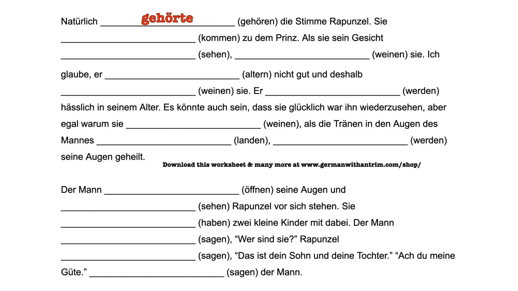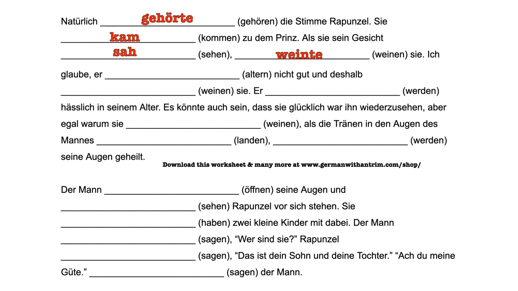Sie, in a form of kommen, which we already used earlier in this thing too, kam. Sie kam zu dem Prinz. She came to the prince. Als sie sein Gesicht, and a form of sehen. Sehen changes to sah in the simple past, S-A-H. And again, our subject is Rapunzel, so we don't have an ending. It's just sah for the RZS form. And then the verb weinen is regular, and this regular form is going to use the te endings because, again, Rapunzel is our subject. So, weinte. Als sie sein Gesicht sah, weinte sie. When she saw his face, she cried.